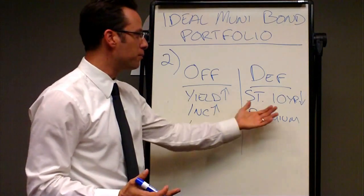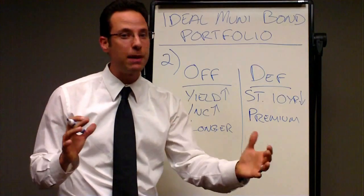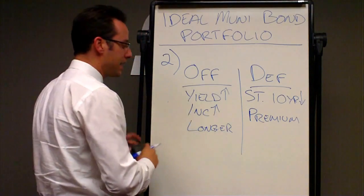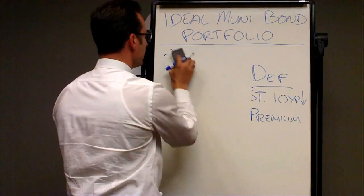So we have risks on both sides of that equation, so it's important that we defend the portfolio from both types of risk, not just from rising interest rate risk. Okay, so that's offense and defense, and you need to be playing offense and defense with your portfolio. But let's talk about the third